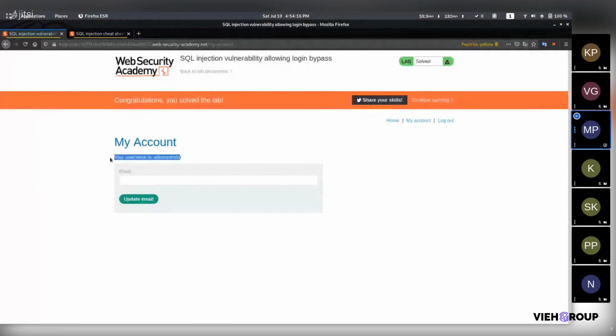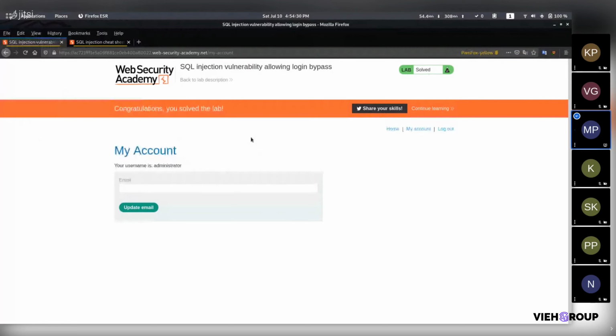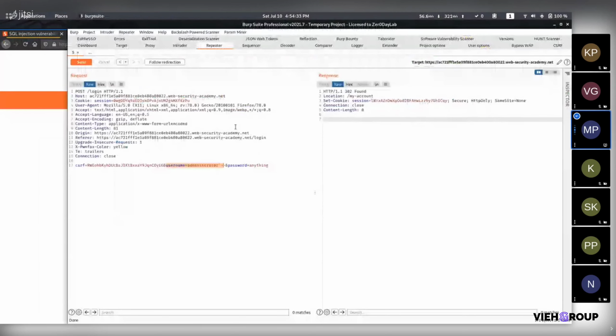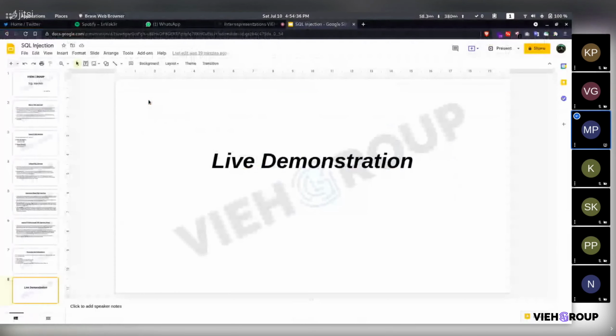Okay, so now we have logged in as administrator. SQL injection in login functionality is vulnerable in many admin panels, like phpMyAdmin, the previous versions of phpMyAdmin. So this is all about the SQL injection. That's all from my side.